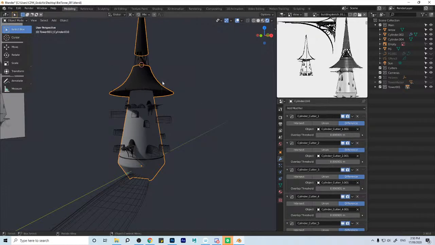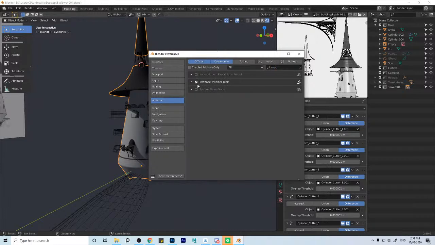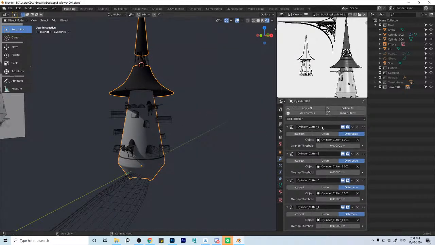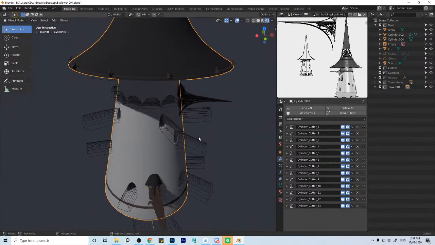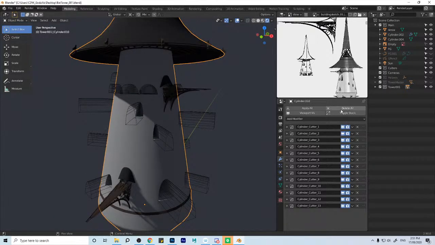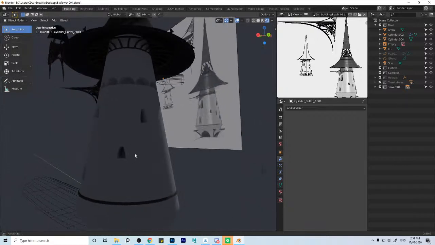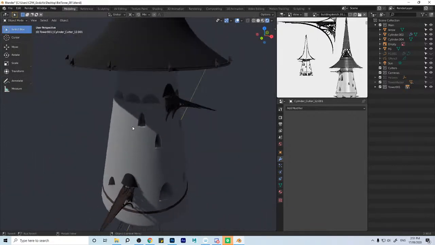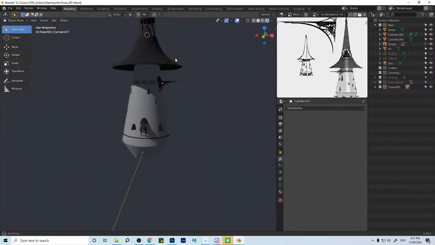a point where we have got all these cuts and stuff, but I'm really not too interested in working non-destructively with this. So I'm just going to apply all of the Boolean cuts. Delete all this stuff, which is just going to give us a more manageable set of objects, basically. And what we can do with this one is we can have that as the first one, and then